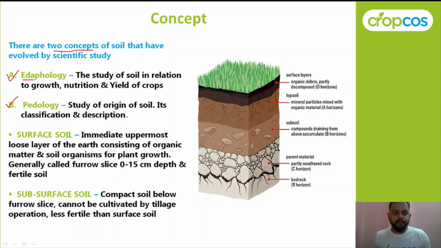First, edaphology is that branch of soil science which studies soil in terms of plant nutrition, growth, development and yield of crops. You can say it deals with soil fertility and nutrition. Here our focus is, suppose you have soil here and you have a plant growing. Our focus here is mainly on the growing plant, meaning whatever we study, the main output will be on the plant. We will study this with reference to the plant.